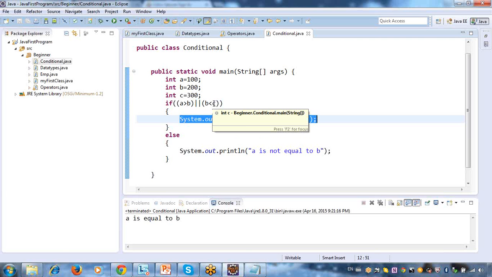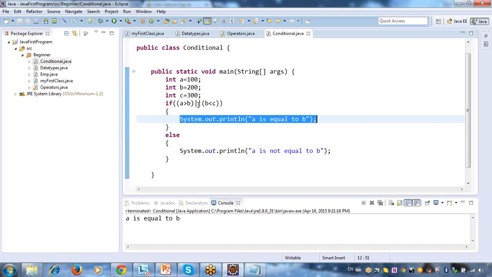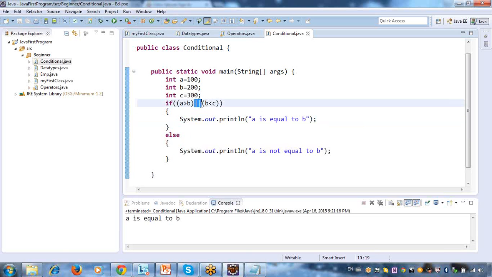At least one condition is true in your OR case, then it will go to true only. But in AND, if both are true, then only it will go to true. If one is true and one is false, it will always go to your else condition. If both are false also, it will go to your else condition.